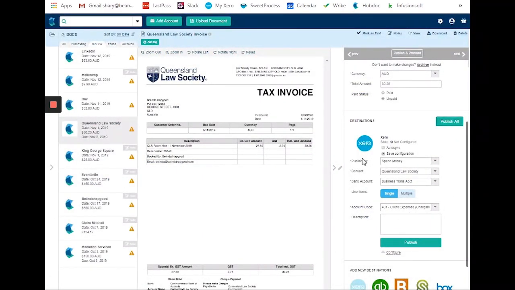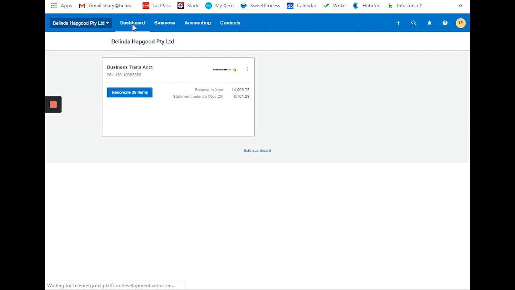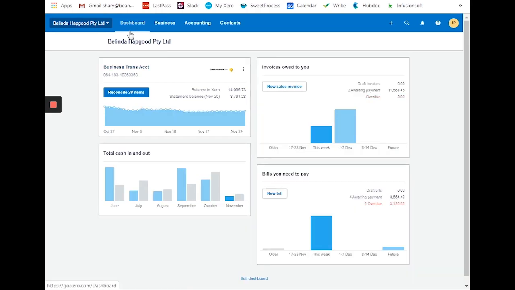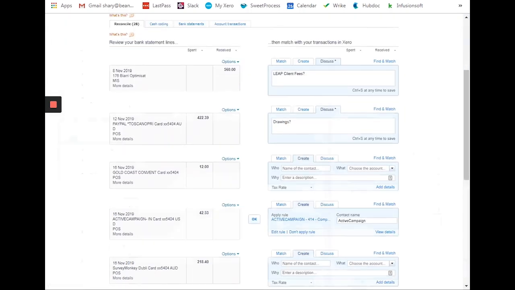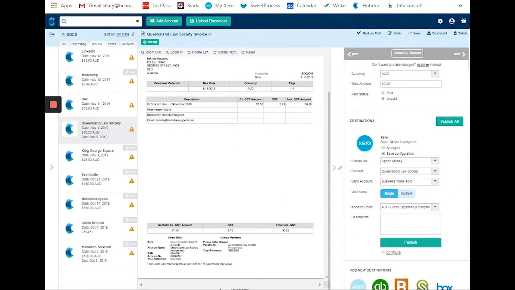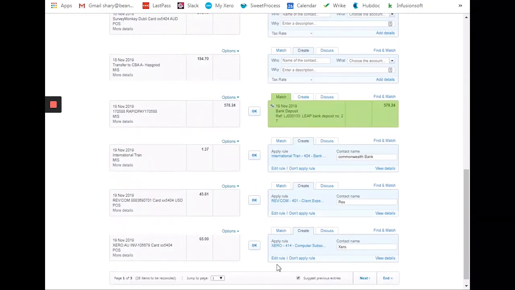And then the bank account, it's under the business transaction account. Go to the dashboard to check the account. We're looking for Queensland Law Society amounting to 3025. Just click browse to see if there's an expense for 3025.